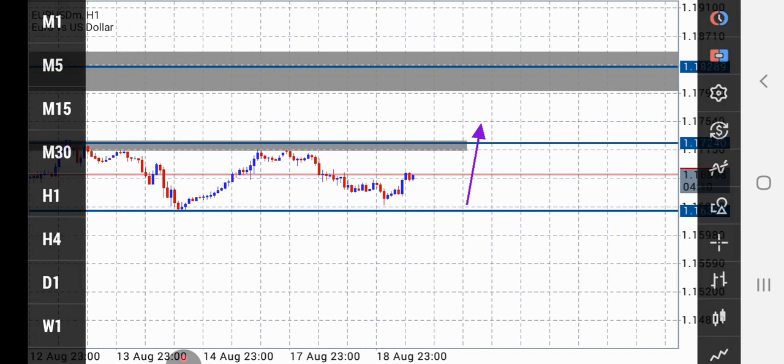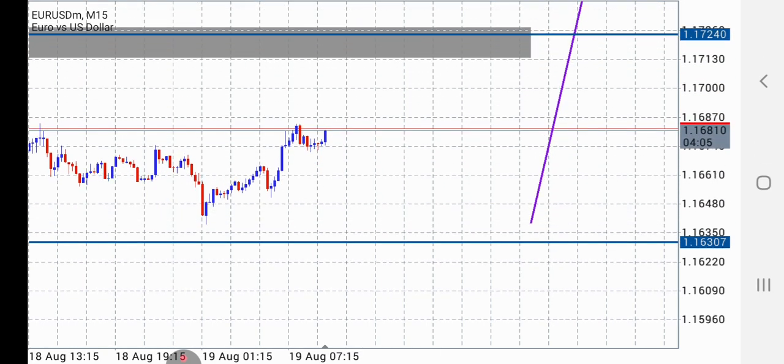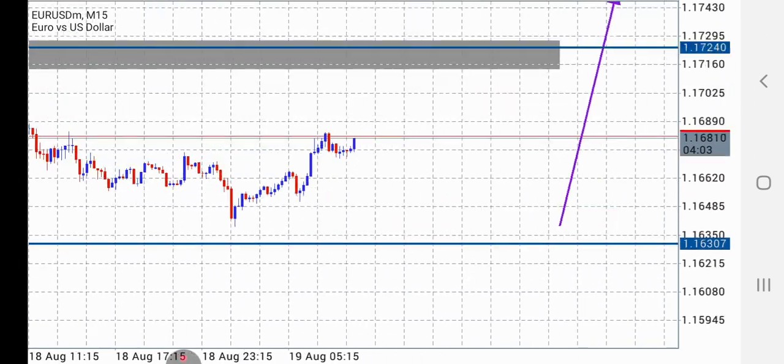We go on to our 15-minute time frame. So when we are on the 15-minute time frame, you all can see what we clearly